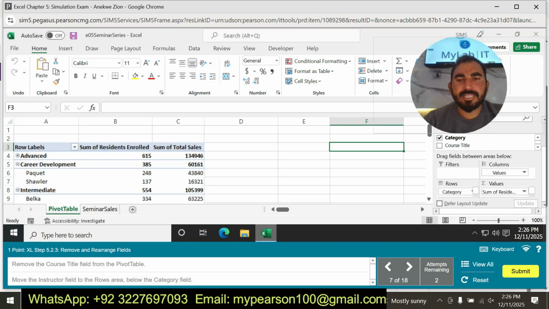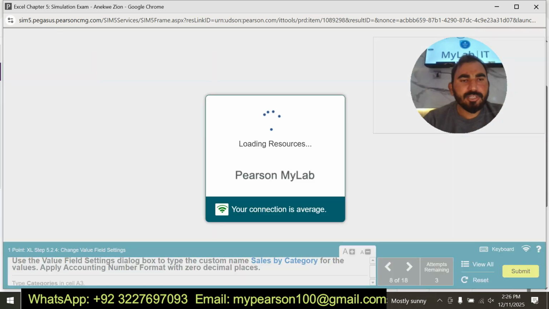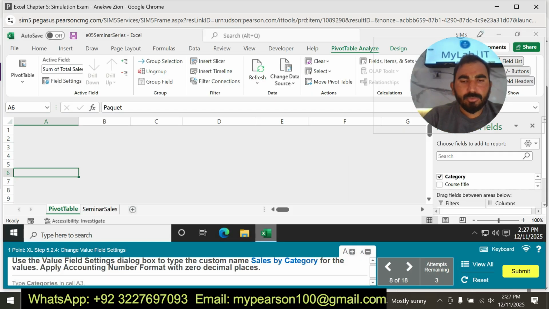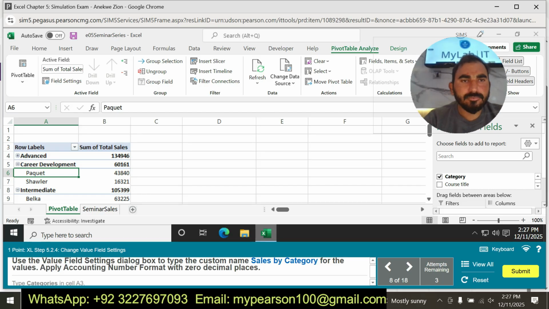Now I'm going to move on to my next question. Use the value field settings dialog box to type the custom name Sales by category. Okay, now I'm going to solve this one. Use the value field settings.